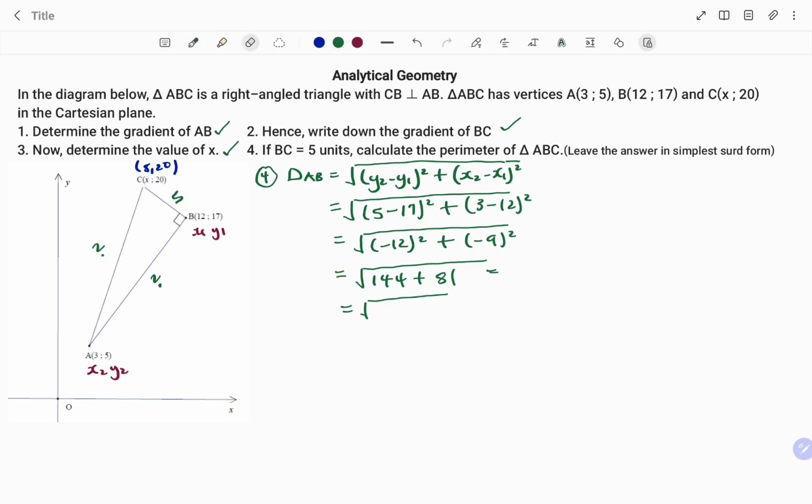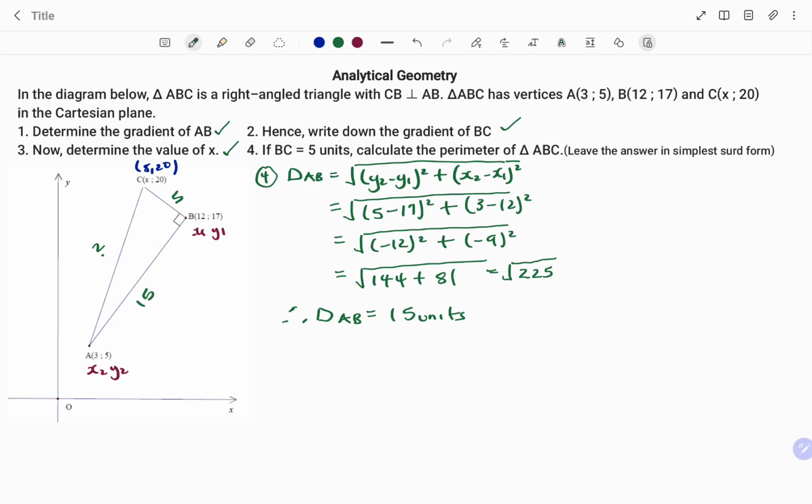I'm going to write it on the right hand side. That's root of 144 plus 81, that's 225. Therefore, the distance AB is equal to 15 units. So I have AB